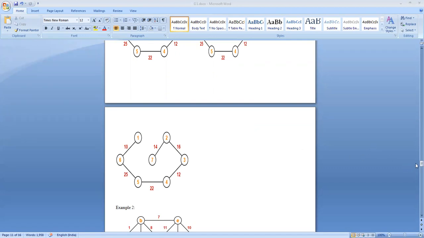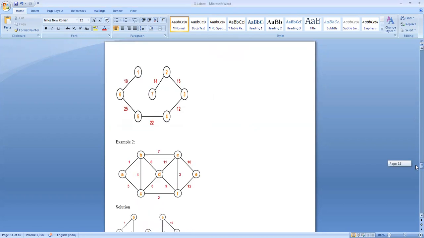We are discussing minimum cost spanning tree as a problem that is solved using the greedy method. We have seen an example for this minimum cost spanning tree construction based on the Prim's method in the last class. In this class, we see yet another example using the Prim's method, and if time permits, we will discuss one more method called the Kruskal method to generate a minimum cost spanning tree.